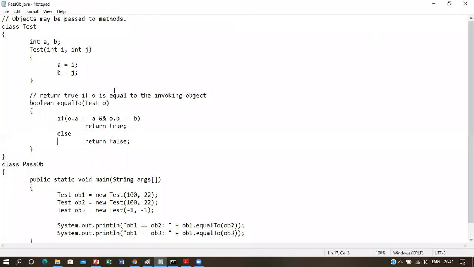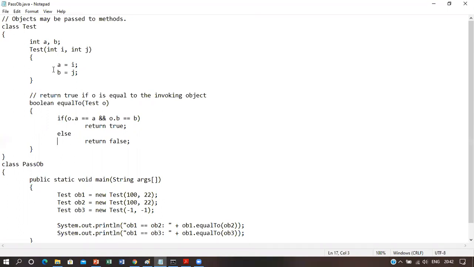Here you can see a simple program is written where Test is a user-defined class, and inside this class two instance variables have been taken, a and b, which are of integer types. Test is the constructor of this class, and inside this constructor there are two parameters which are of integer types, and they are i and j.